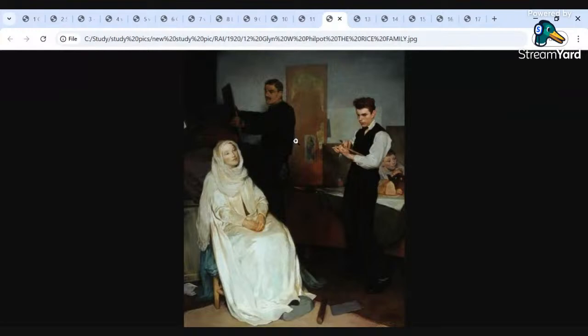Okay, let's move on to this piece by Glyn Philpott. It is called The Rice Family, and it's a semi self-portrait here by Philpott. Now, I mentioned how the Academy was trying to reform at this period. It's not just a band of old geezers. They were trying to spot artists that wanted to paint in a way derived from academic painting, but also wanted to